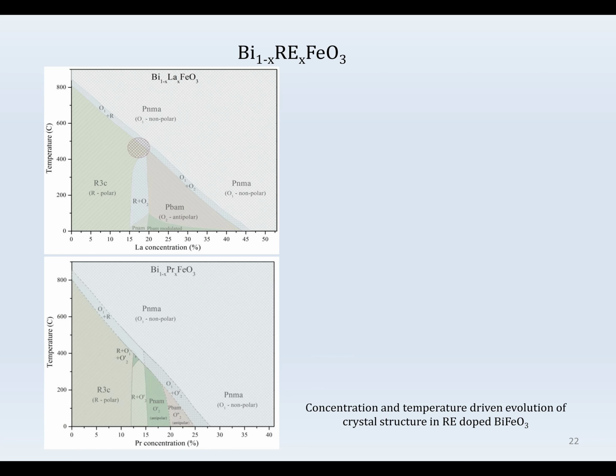And in between, in the concentration range, we have a so-called intermediate crystal structure, intermediate in terms of stability. It's so-called antipolar orthorhombic. This is non-polar orthorhombic. This is polar rhombohedral. Antipolar means opposite alignment of dipole moments. So polarization is 0 here,